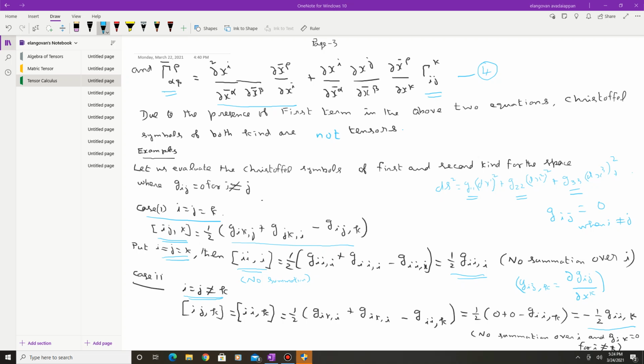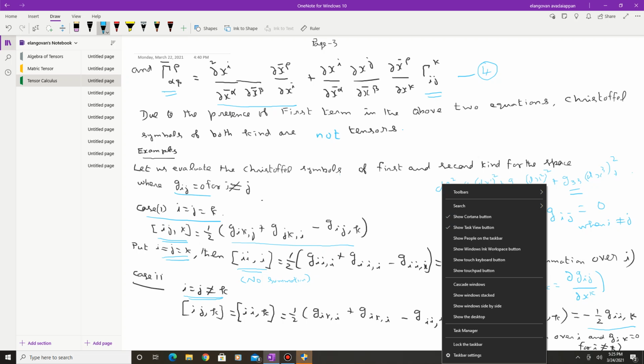So here again there is no summation over i, and here g_ik is 0 because we already defined that if the two indices are repeated, g_ik is equal to 0. So we are considering the problem itself, it is given. And so here g_ij is equal to 0. So this is given. Therefore,